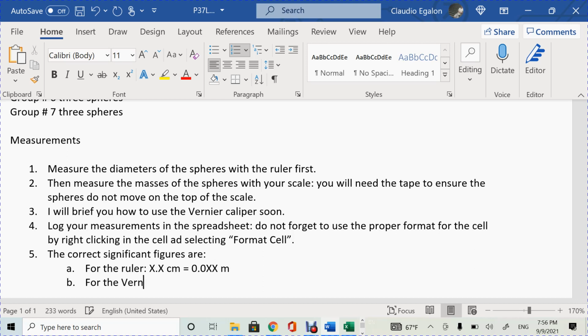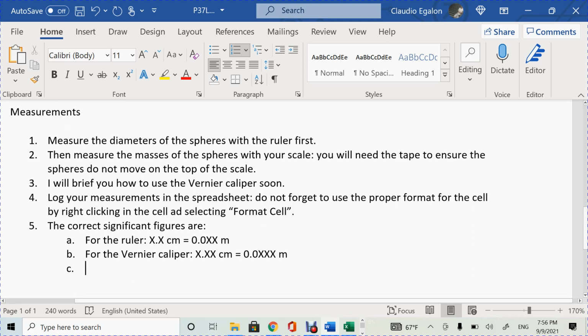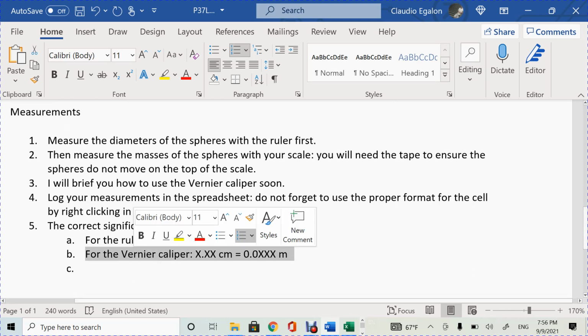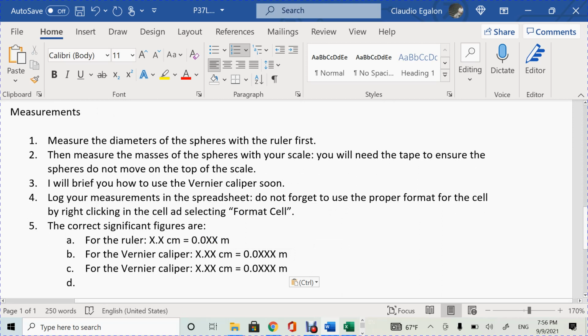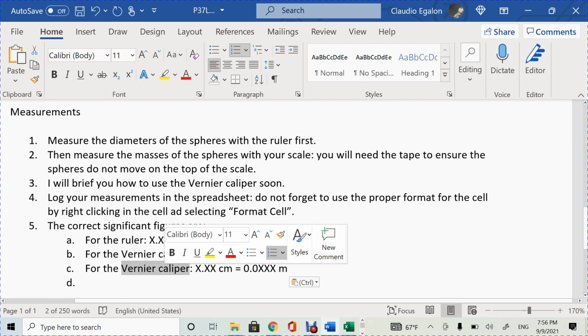For the vernier caliper, x.xx centimeter, which is equal to 0.0xx meters. For the micrometer,